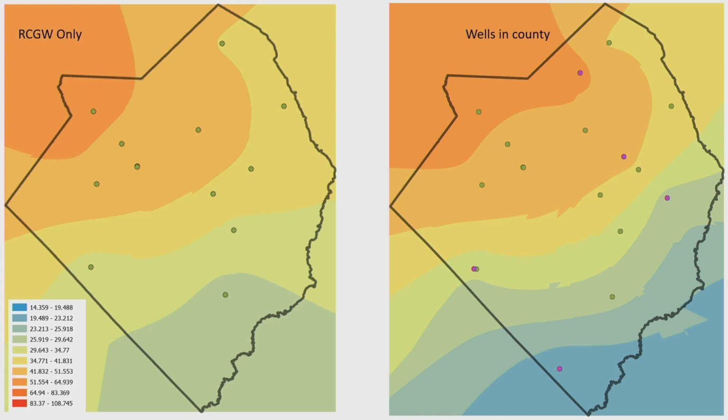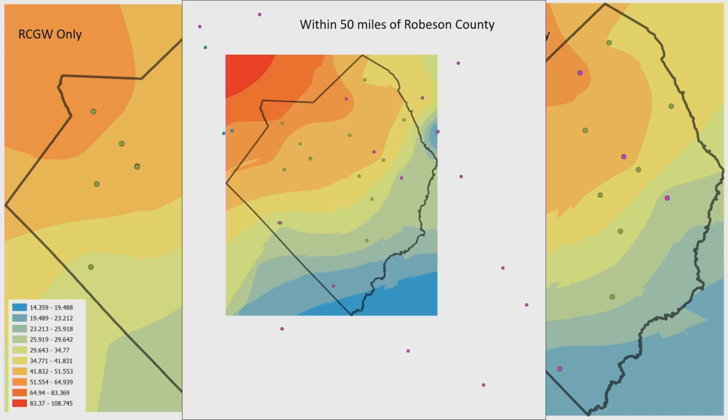And this is where we wanted to see, okay, what would happen if we began to bring in data from outside the county? So in 2019 or so, we began to focus a lot more on bringing those wells that are within 50 miles of the border of the county into our analysis data set. All of these are empirical Bayesian kriging, using all the same formats, and all of these have been adjusted to the same legend within this data